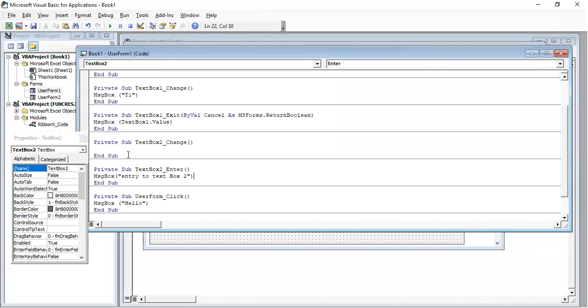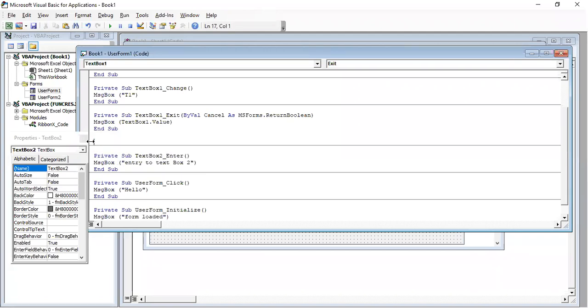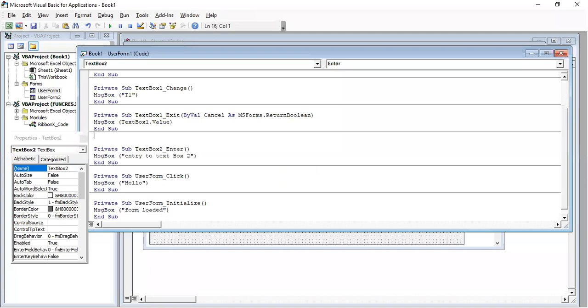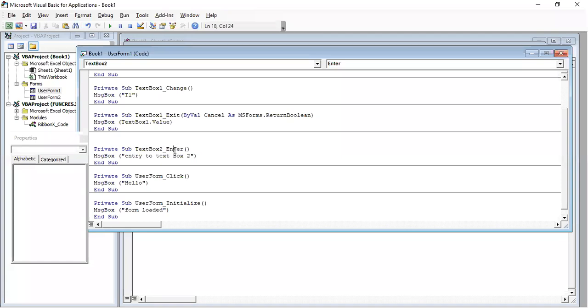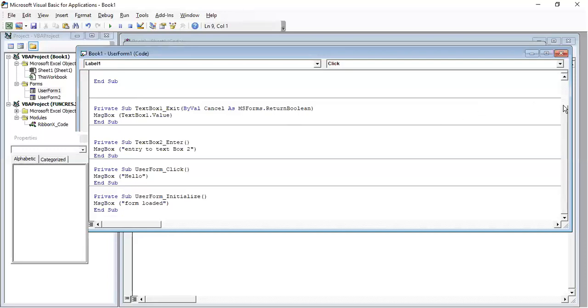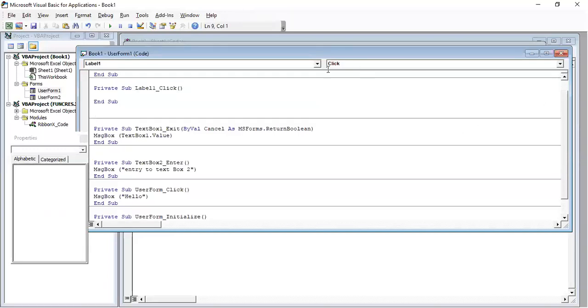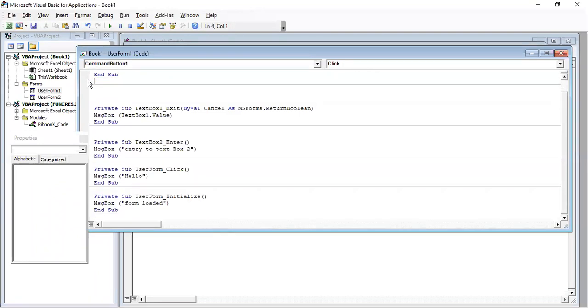This is exit we have taken for text box 1, and for text box 2 we have taken the entry event, enter. That means when you enter the text box, it will trigger that event. So form load, let me remove this change code, it is also not required for us.